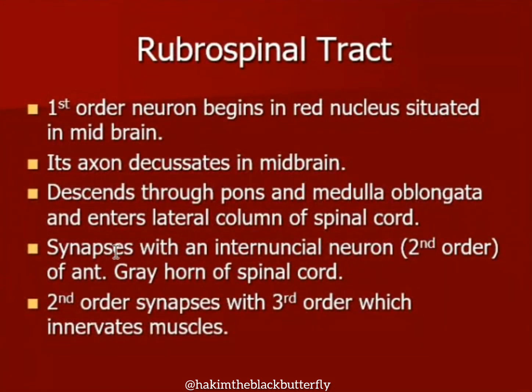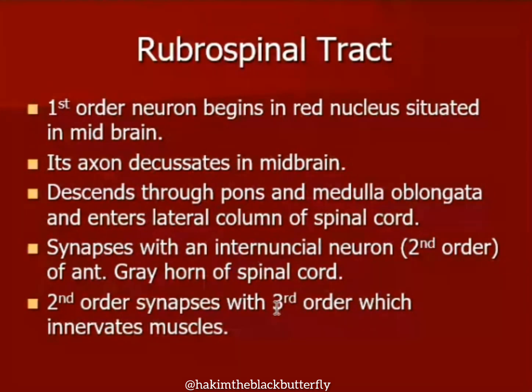Then it will synapse with a second order neuron or with an interneuron. Sometimes interneurons become second order neurons if they are involved. Then that interneuron will transmit those impulses to the lower motor neuron, which is the third order neuron. Here we are having a third order neuron because we have an interneuron which has come into play. Then this third order neuron is going to go and supply the muscles of the